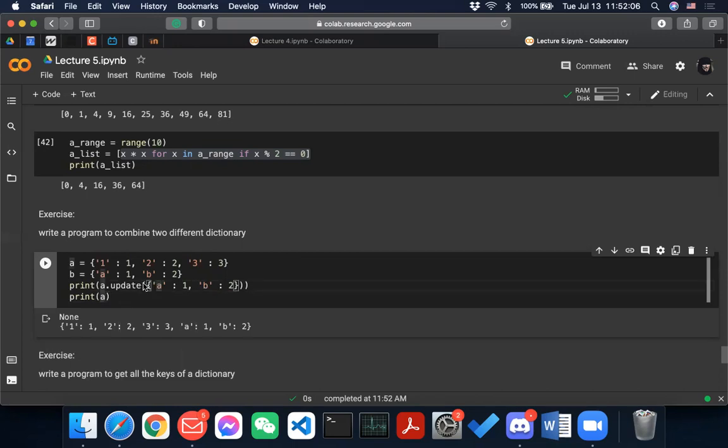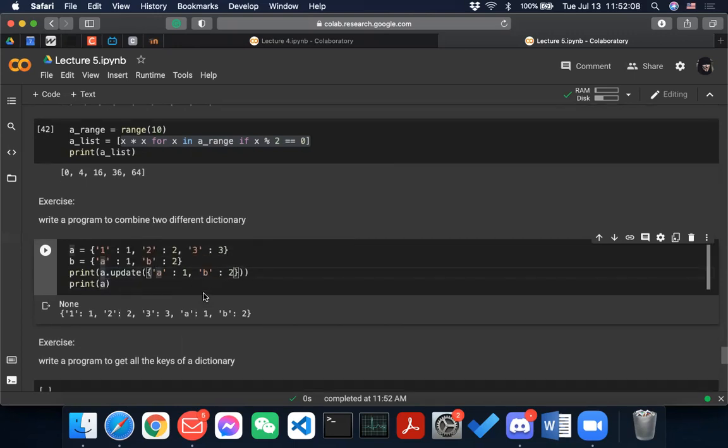Yeah. So in terms of this exercise, what you can do is this.